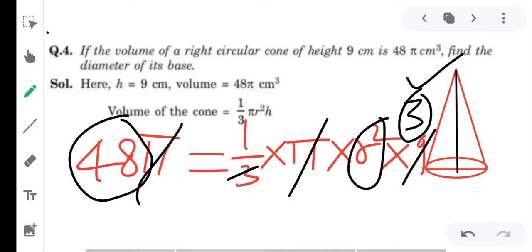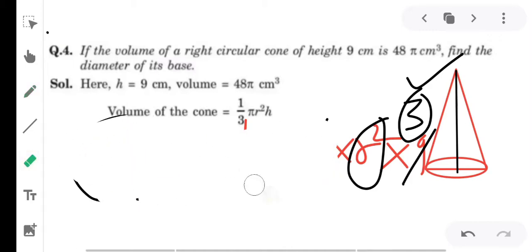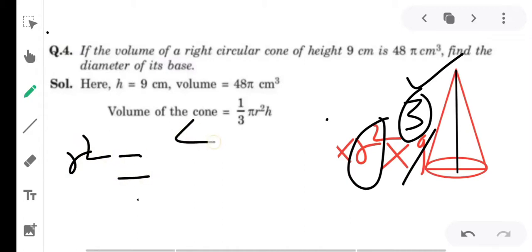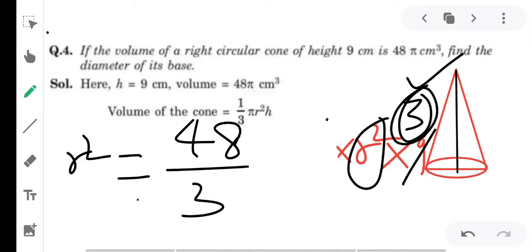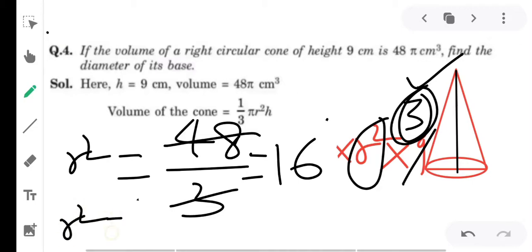So यहाँ पर क्या value हो जाएगी, आप इस तरीके से इसको लिखेंगे, right? मैं इसको फिर से लिखता हूँ. So जो values cancel हो चुकी हैं उसको हम रहने देंगे. यहाँ पर हम कैसे लिखेंगे इसको, r square equal to 48 divided by 3, right? Because this 3 will come into the denominator of 48. So we know that 3 can cancel out 48 by 16 times, right? 16 3s are 48, right? So you know the 16 is the perfect square number of the 4. So here the r square is equal to 16.